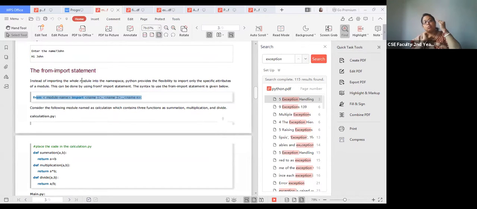Suppose in the file module there are 7 functions. If you import file, that means you can use all 7 functions in your program. But it is not necessary that we need all the functions, because it will waste memory, heap memory. So we cannot use all 7 functions; only the particular function we need.